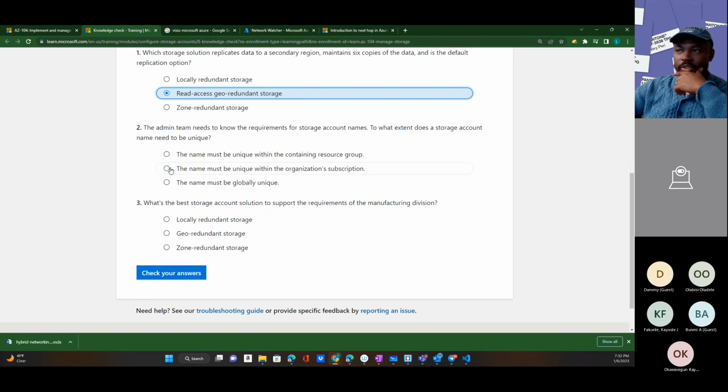Number 2, the admin team needs to know the requirements for storage account names. To what extent does a storage account name need to be unique? I mentioned this as well. Number 2,